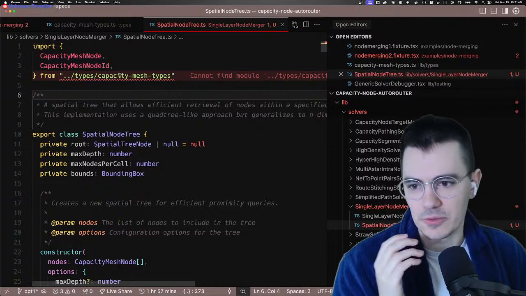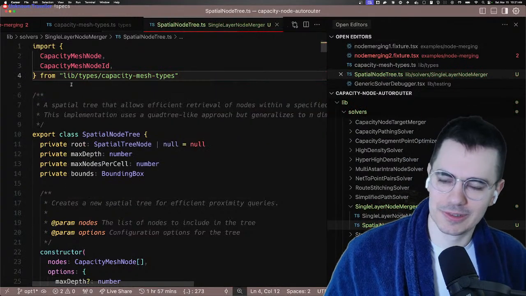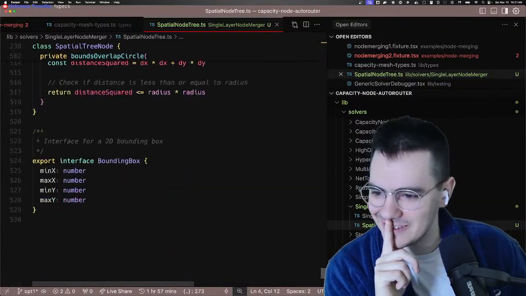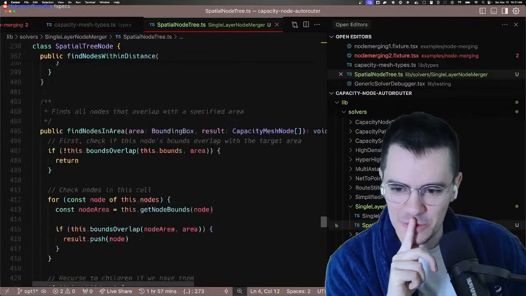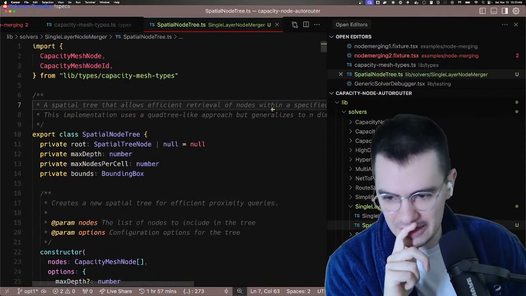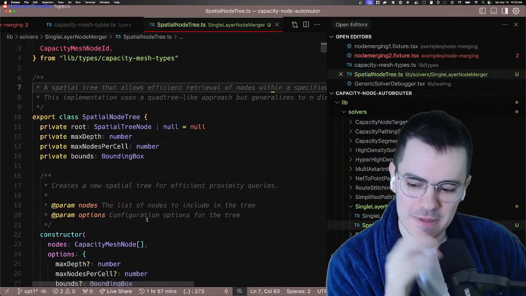I feel like it's a little redundant. We already know nodes are spatial. It's kind of a domain in this domain, but sure. Whatever you want, AI. All right, we got a nice long implementation. I like how it has max nodes per cell. It makes me think that